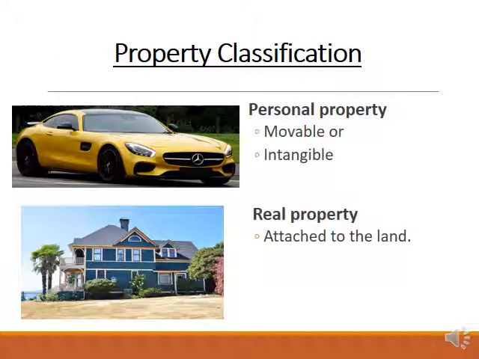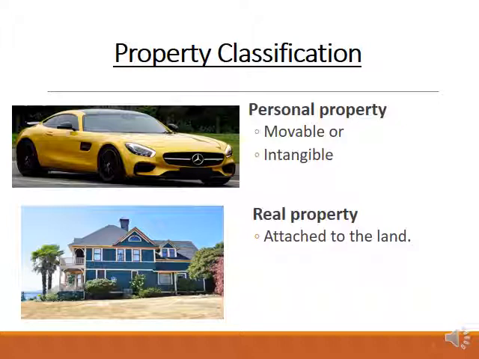So, the first thing is personal property are things that are movable. So, an example would be a book, a shoe, a backpack. Those are things that are movable. And so the area that we're going to be looking at is going to mainly be dealing with personal property. It can also include things such as intangible property, such as copyrights.